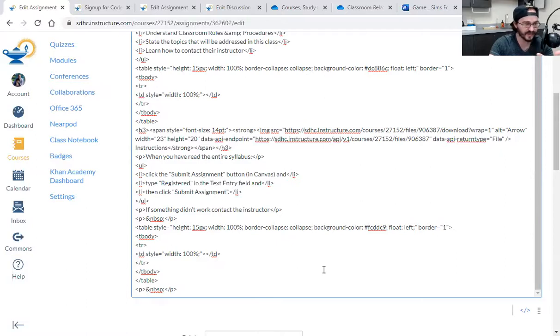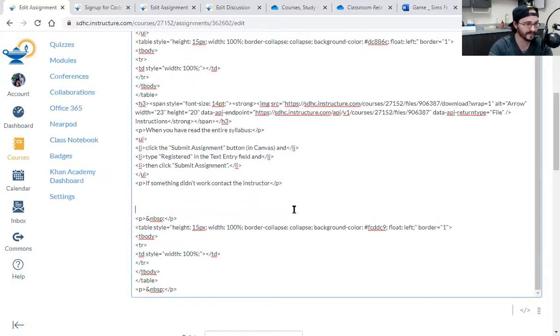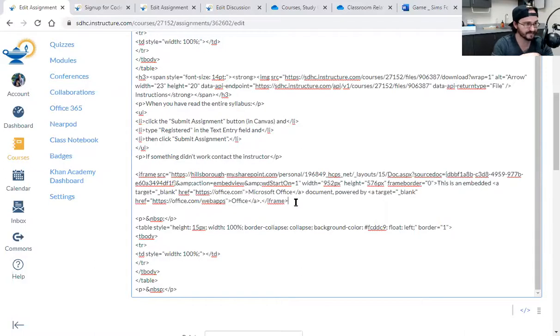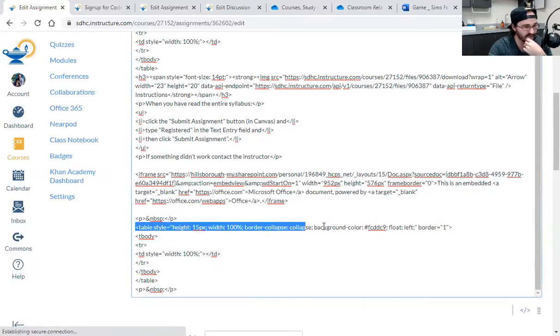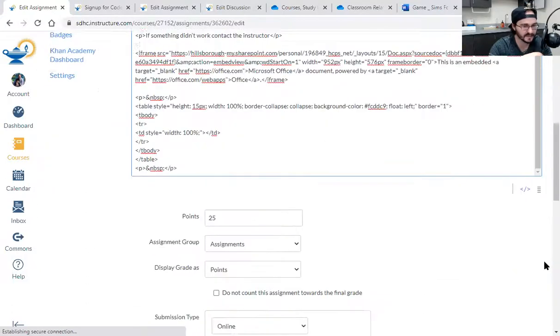Okay. Remember, where did we want to put it? I have to look for the phrase, contact the instructor. So I know it's at the bottom. Here it is. All right, it looks like that whole thing is a paragraph. So I'm going to put it right after it. NBSP is non-breaking space, which means it's a space. Here's our table, which has our, don't even worry about it. Who cares what that is? Just hit save.